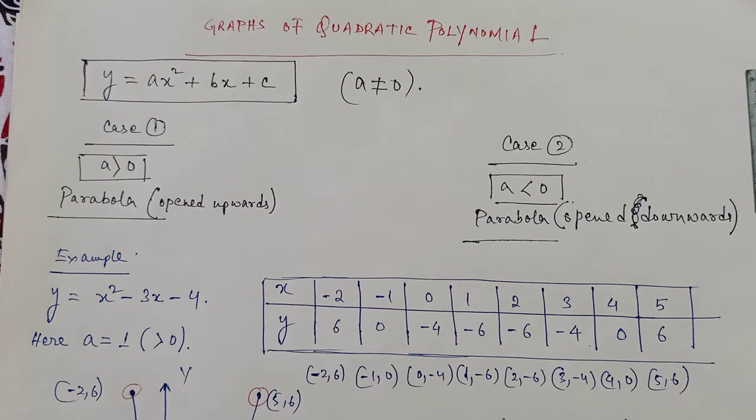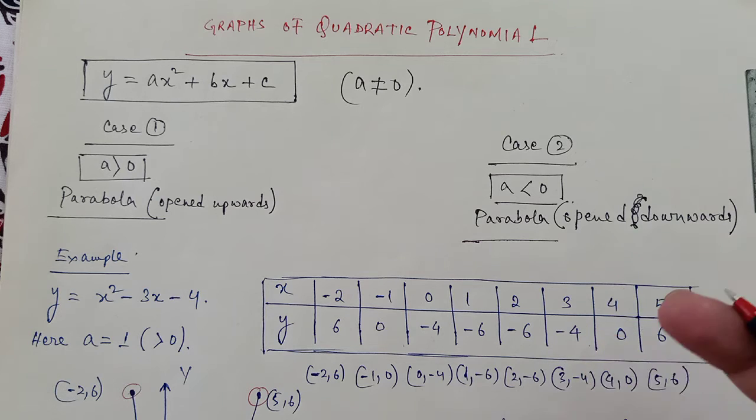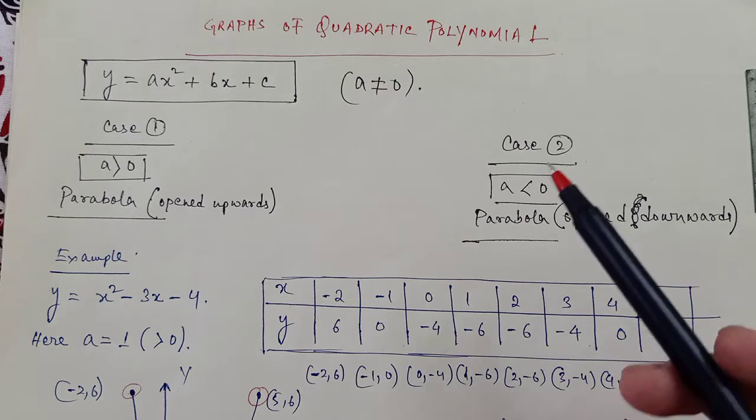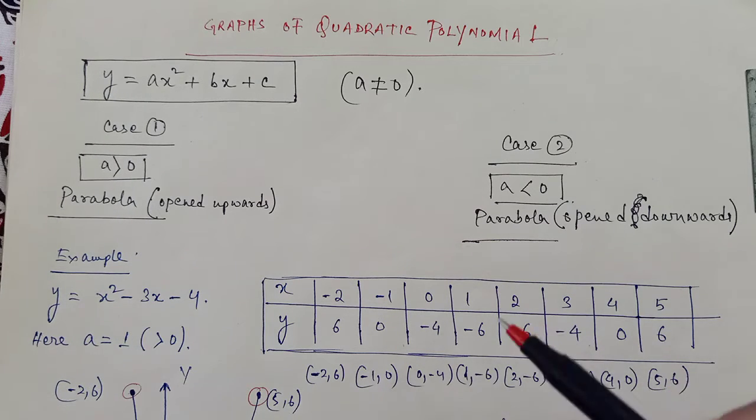So after understanding the basic concepts of polynomials and the relationship between the zeros and coefficients in the case of quadratic as well as cubic polynomials, let us now learn about the graphical analysis of polynomials. In the first part we'll be discussing the graphs of quadratic polynomials, and then after understanding this we'll move on to cubic polynomials.